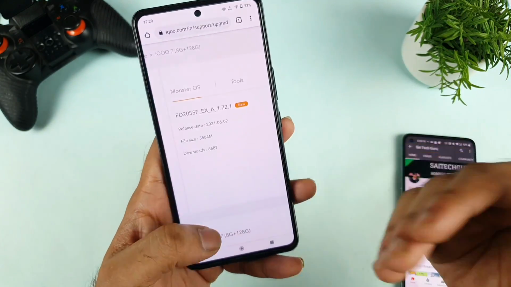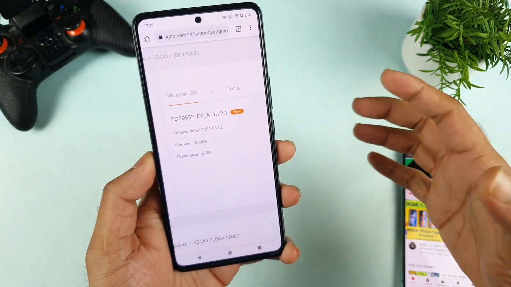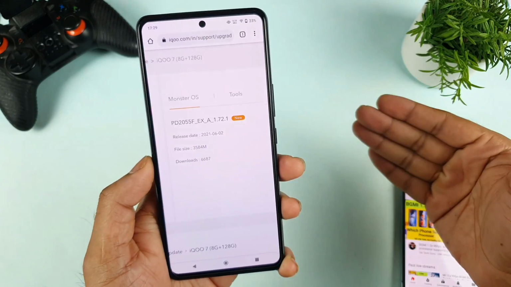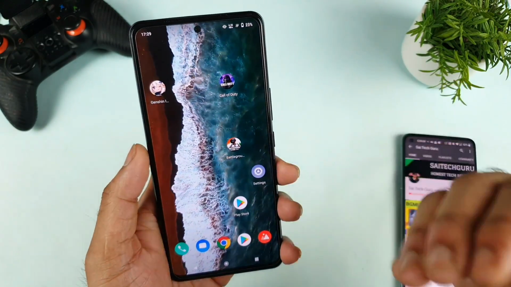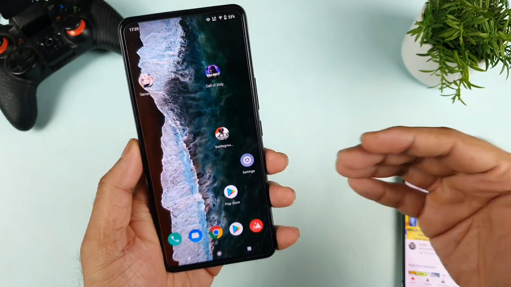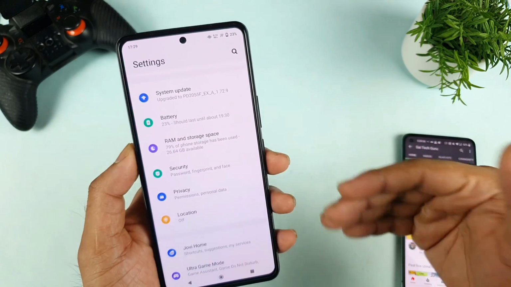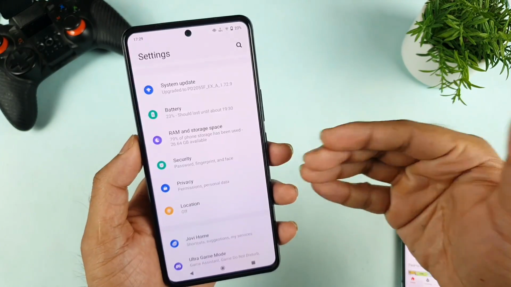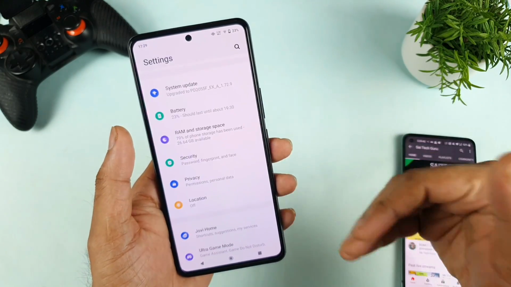That is the reason I thought of making a video and explaining clearly what is happening on the iQOO website. I think the only possible way is that we need to wait for the update to come. I'm not sure when we'll be receiving it, but a lot of users have already received it. Not so many users, I think maybe 10 or 20% of people. Whenever I post a video related to software updates, only a few users comment that they received the update, not many of them.